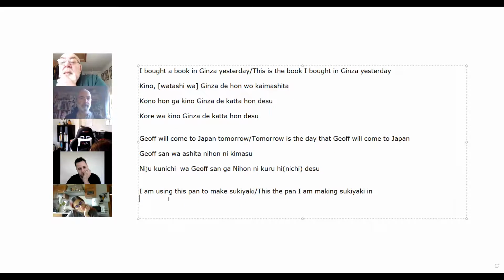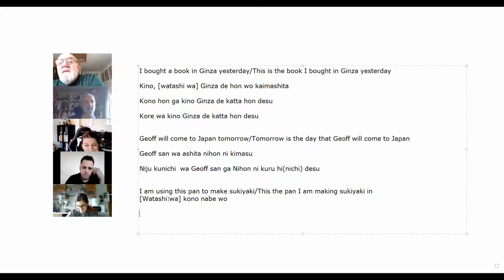So the simple version. Tobe, you've been very quiet recently. Step forwards up to the mic. I'm using this pan to make sukiyaki. Watashi wa. Okay, watashi wa. この鍋をのこの鍋すき焼きを使います作ります。 Okay, so this sentence starts off being a little bit more complicated than the others because we've got